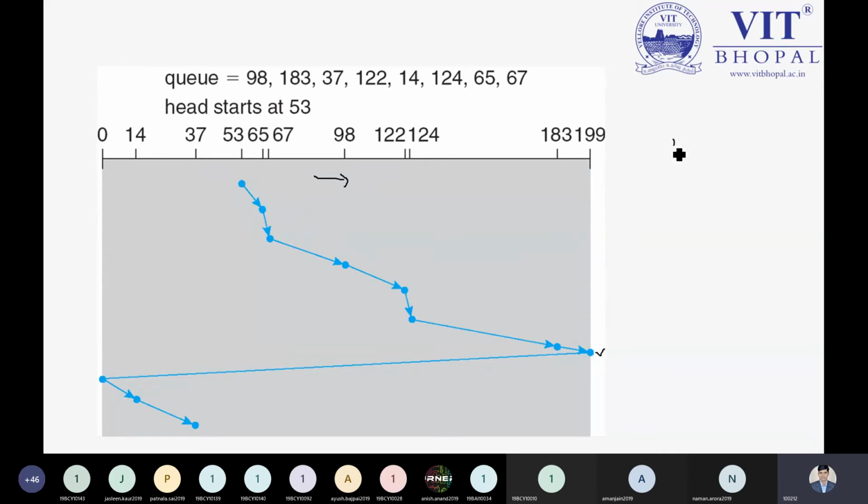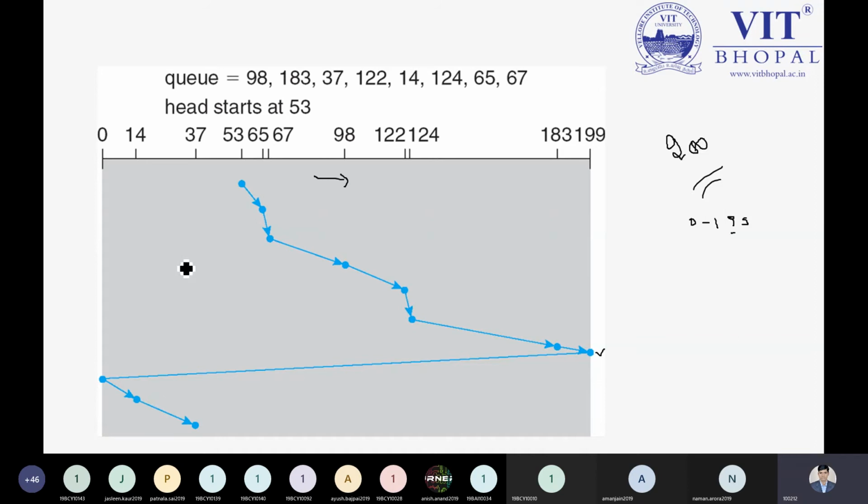If it is not assumed, then it will be given, that is 200, a total of 200 head requests is given. If this is not given, then we can assume it by the maximum value. So what was the maximum value? That is 183. If it is given, then we can assume starting from 0 to 199 undoubtedly. Okay. So in C-SCAN you move in the forward direction first, and then scan the last value, that is 199 we have assumed, and then go back in the backward direction to the initial value, that is 0. Okay, and then again start the process for the rest of the